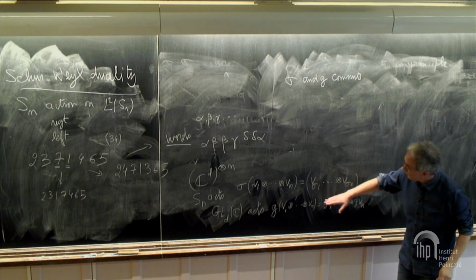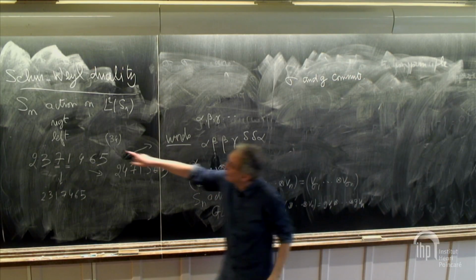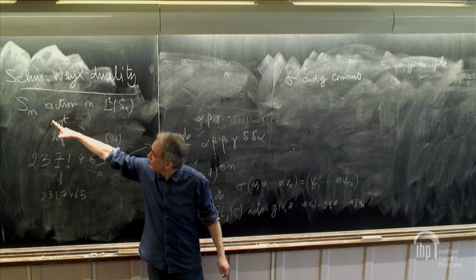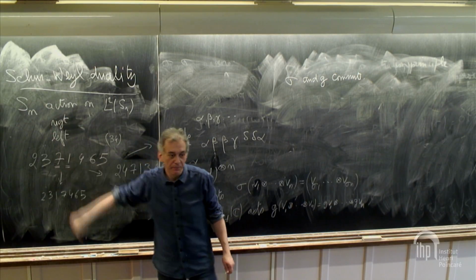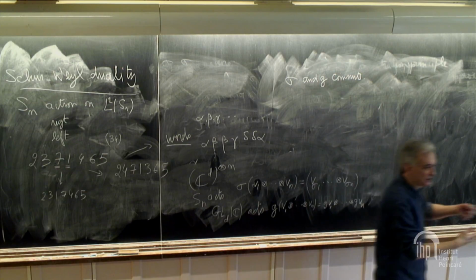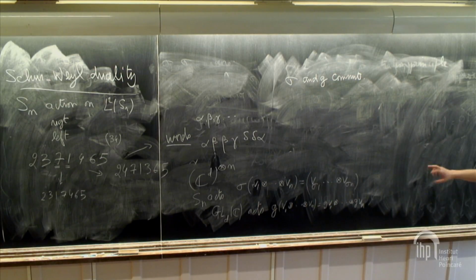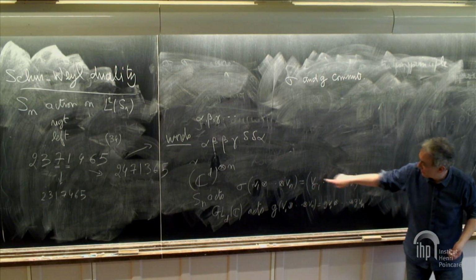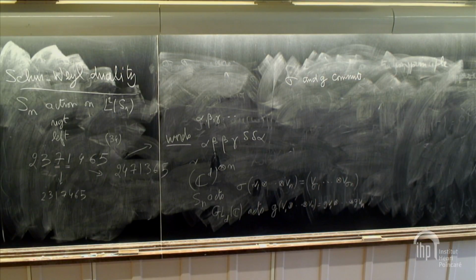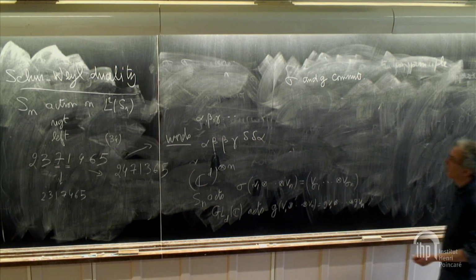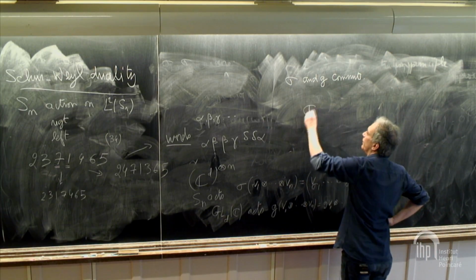Okay, so you may think of this as a generalization of the two actions of Sn by right and left, okay? Because one of them acts by just permuting the entries, and the other is an action of a linear group on the vectors. So it's a kind of generalization. And now there is a theorem that